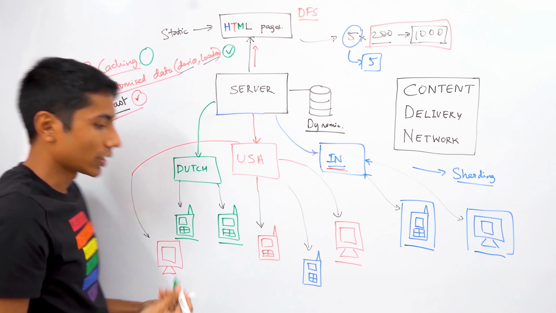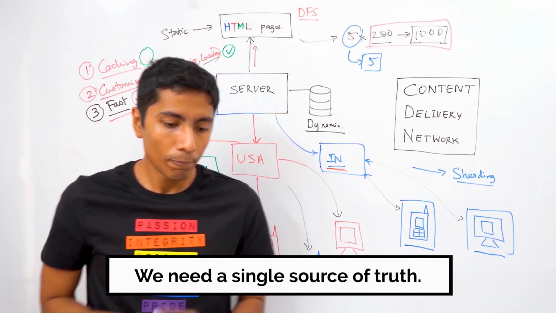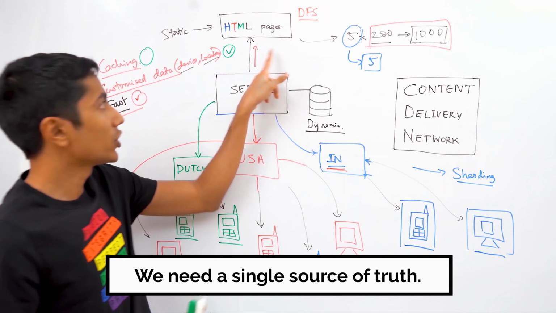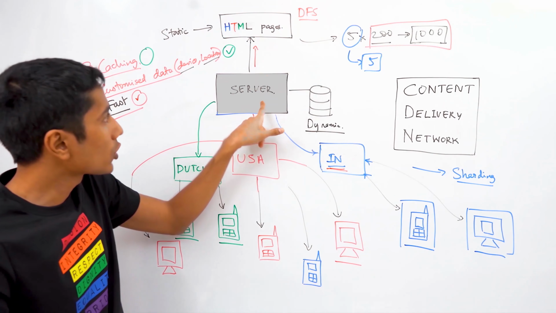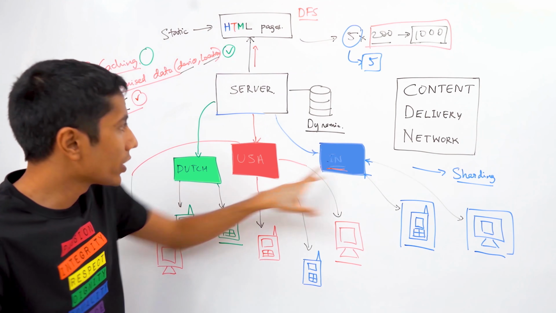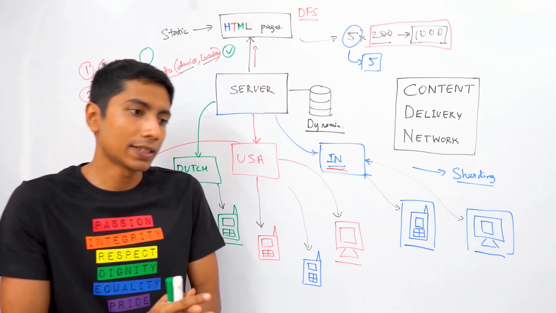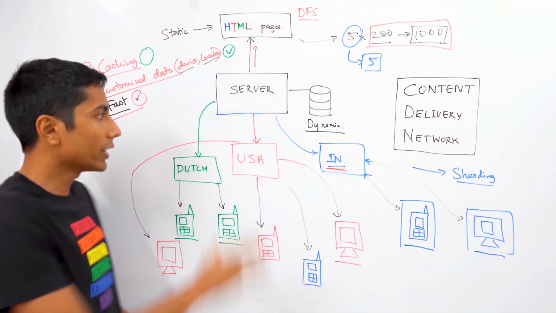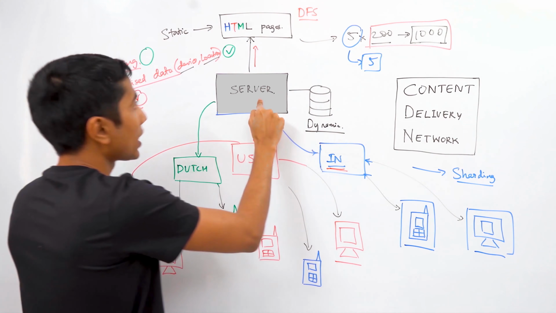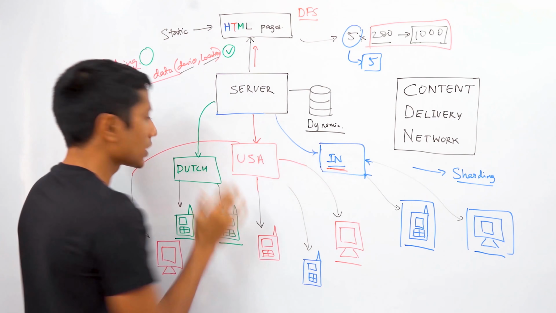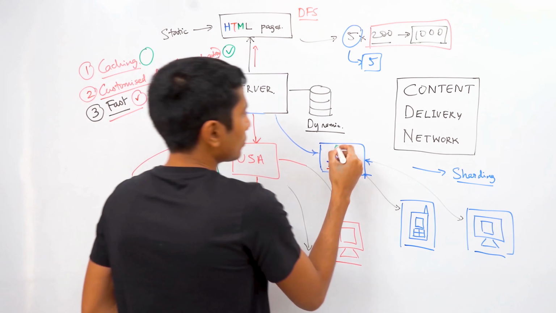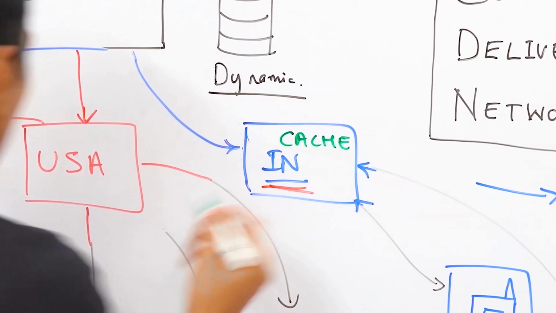And the third thing is caching. So why am I talking about a cache? Well, in any distributed system, there needs to be a single source of truth, which is here and here. So your server always has access to that source of truth. What is being stored here in these boxes is not the source of truth. Because if someone needs to know what exactly Interview Ready is talking about, they don't go to the CDN and ask what they're talking about. They actually ask the server, which makes the data in these boxes copies of the original data of that source of truth. So that would be called replication or a copy.